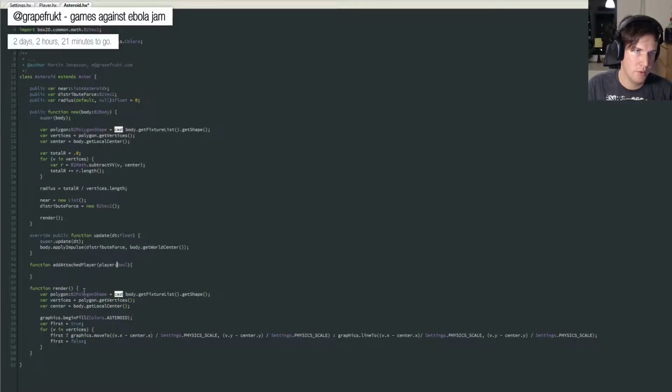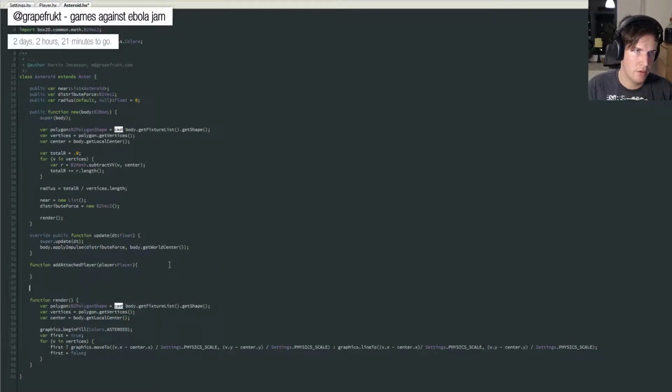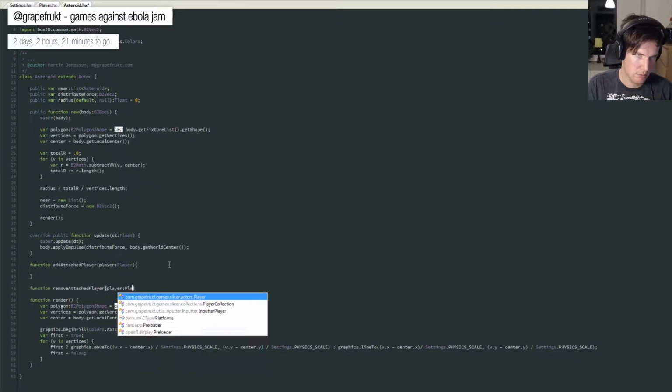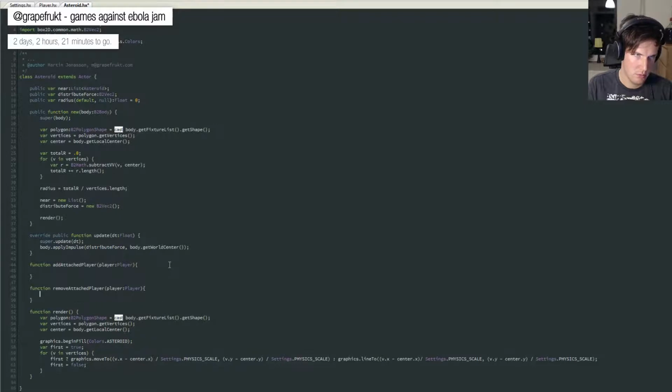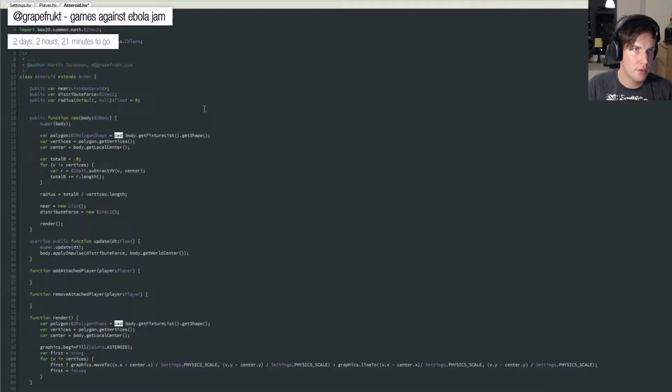Maybe that's a smarter way of doing it. Add attached player and a function called remove attached. Because the asteroid needs to know if something's attached to it, right? So we will have